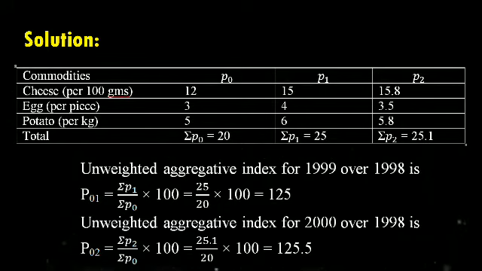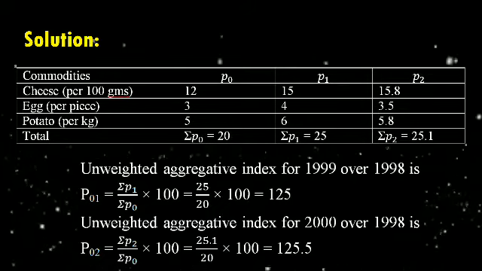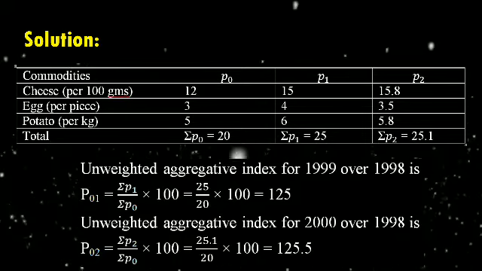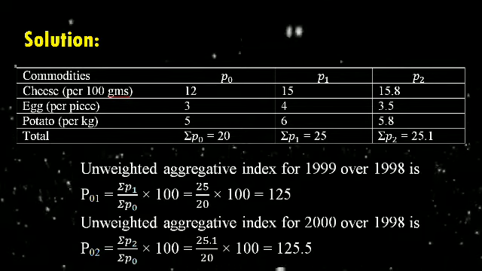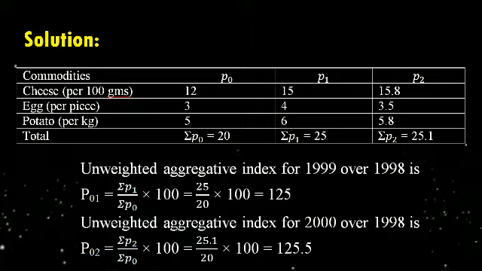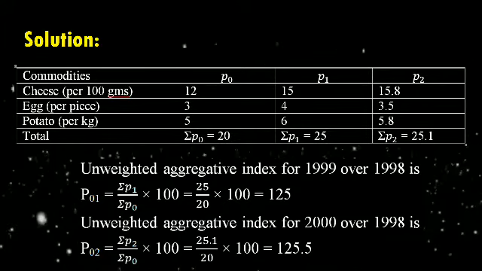Now, for both the questions, I said that the price values increased by a certain percent. Why only increased? Why not decreased? So the question arises, right? Here, when the obtained index number is greater than 100, the price values are increased by a certain percent, and when the obtained index number is less than 100, the prices are decreased by a certain percent.